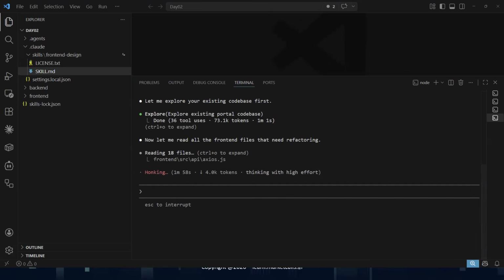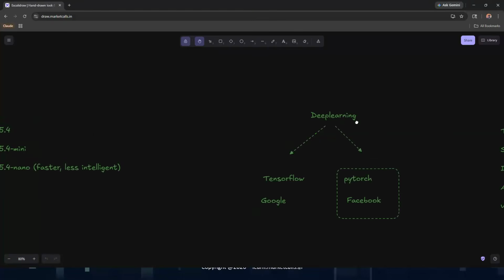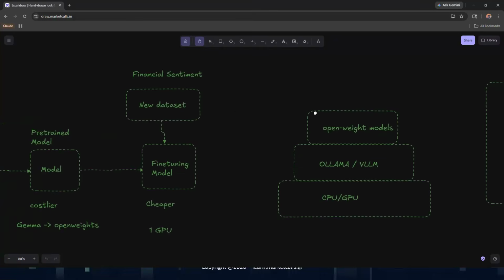Let it code. In the meantime, I'll try to explain again what we have done so far, so that we get a pretty good idea about what we had done. I think yesterday also we talked about that. Remember, we talked about,